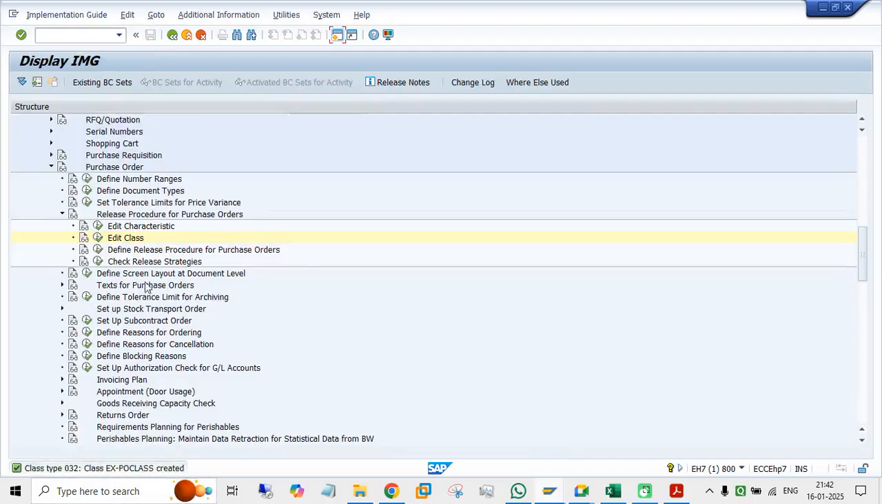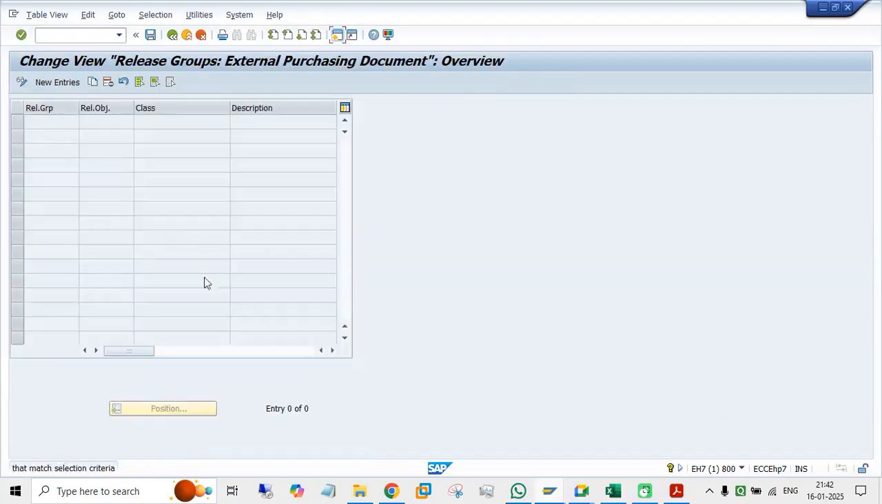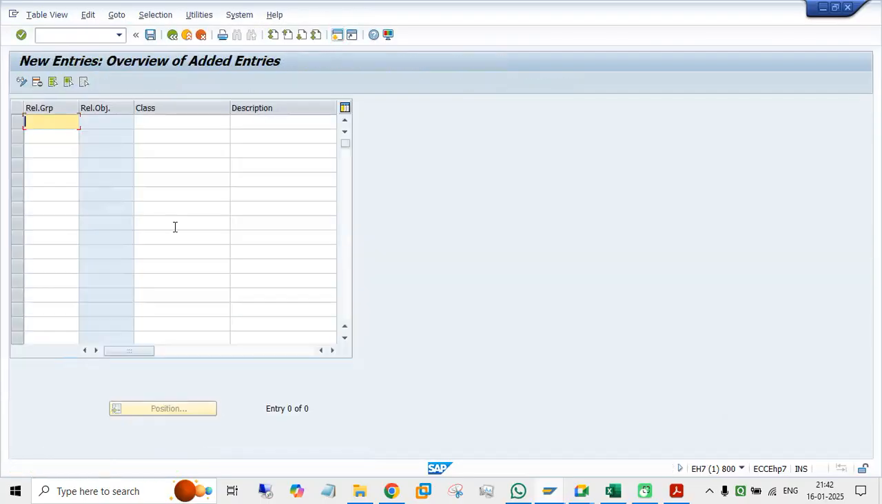Now we have created this. Now define the release procedure, one by one you have to define. First one, click on create groups, release groups, you have to create release groups, new entry, so I will take x1 class, that is I have created ex dash PO class, description PO release strategy for company code, okay, save,